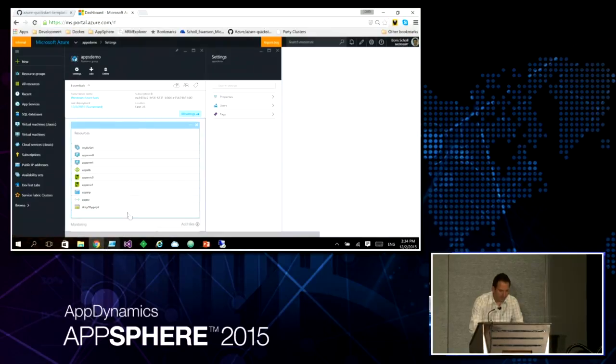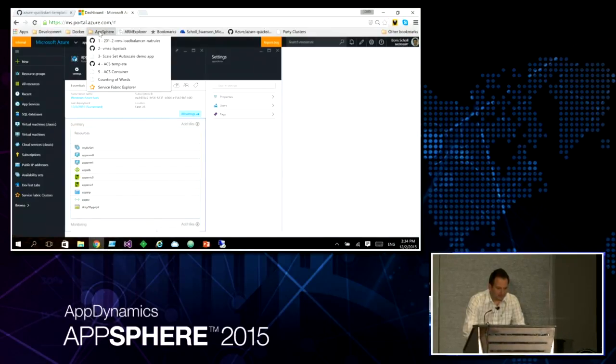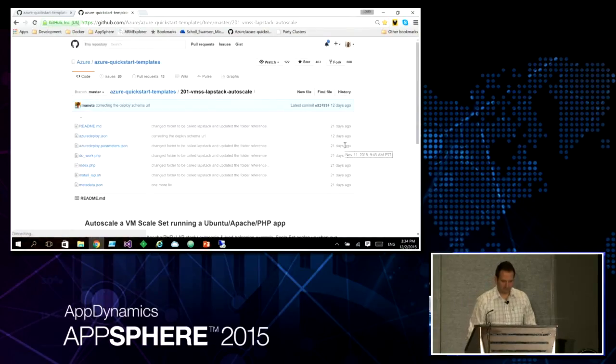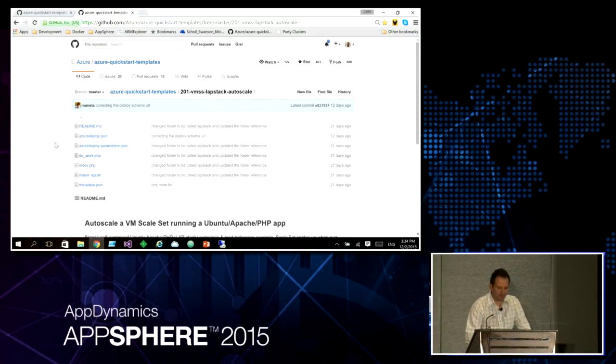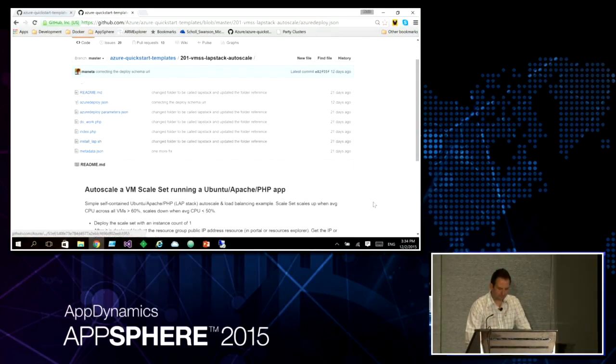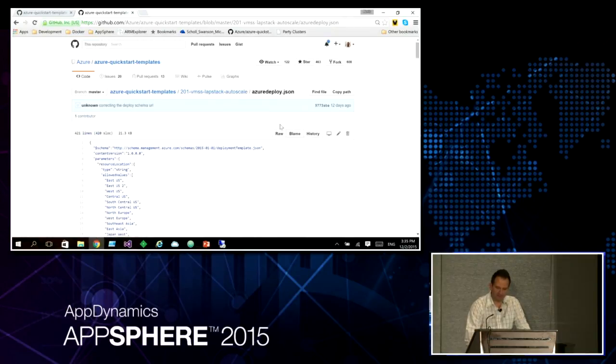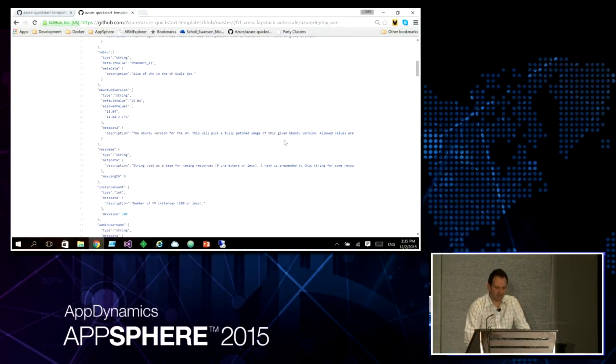So let's go back to my favorite tool here, which is GitHub. So on GitHub, we have what's called the VMs Lab Stack Autoscale sample. And I would encourage you to just look at that sample and play around with it. I'm going to show you how it works. But this gives you a really good feel of what a scale set is and how it behaves. So what this particular thing does is it has obviously the template itself. And if we look at the template here,